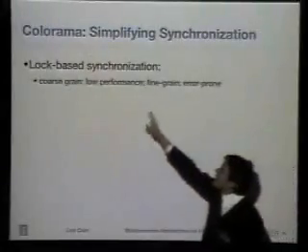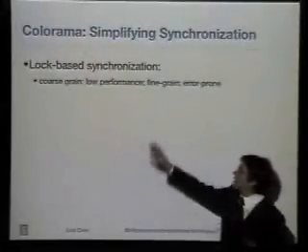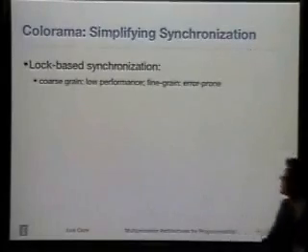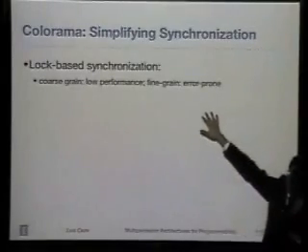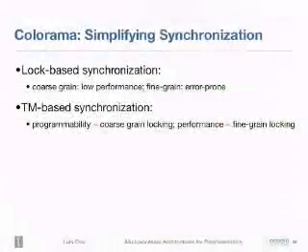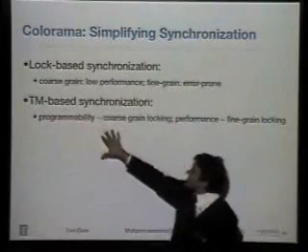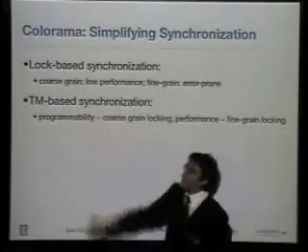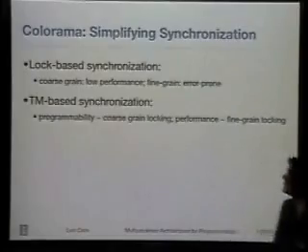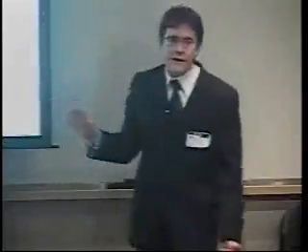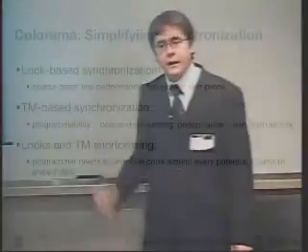Lock-based synchronization, while at a coarse grain, is sort of not too hard. It offers very low performance. But you could do it at fine grain and have better performance, but it's error-prone. You have data races and deadlocks and so on. And there's also the alternative of transactional memory that's being touted to us, right? The idea is that TM supposedly provides the programmability of coarse grain locking, but the performance of fine grain locking, because it's only limited